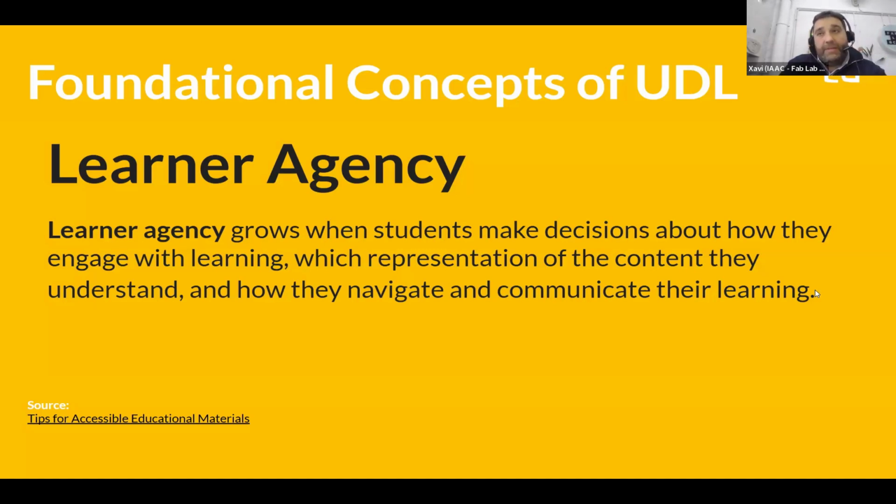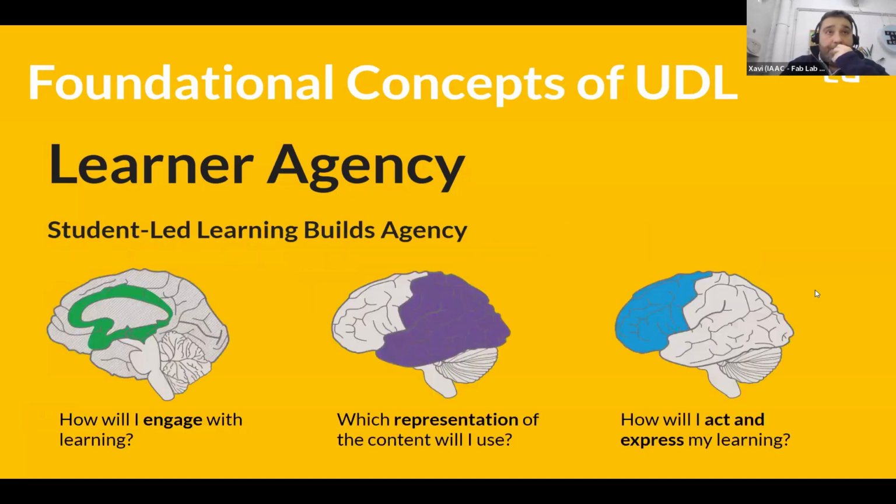Sometimes, if we design something that we believe this student can understand, but because they have, I don't know, any barrier, this student doesn't understand, and then they cannot develop this agency because they don't understand. So something as easy as this is something that, if we understand how our brain works, how our student is, we can start designing and developing for them, and asking ourselves, and also the student can ask herself,